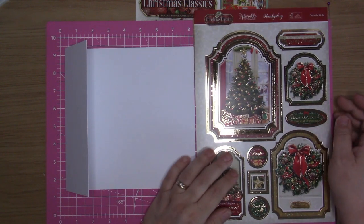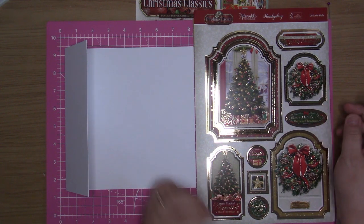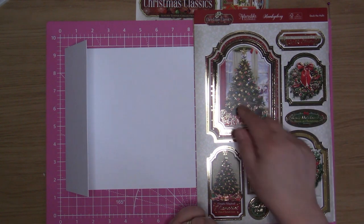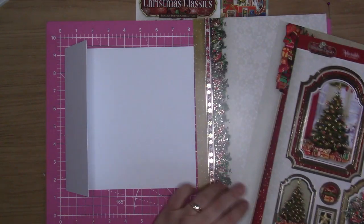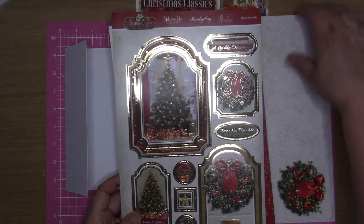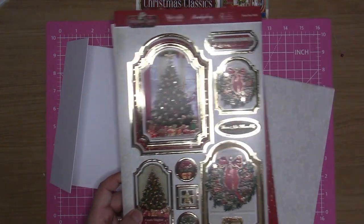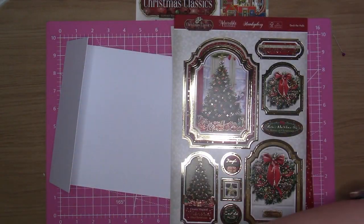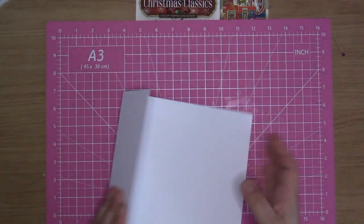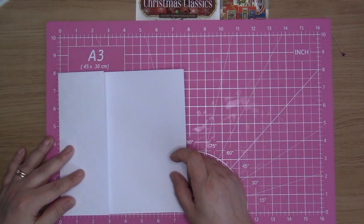So today I'm coming back, as I said in my last video, with the Christmas classic. This time I'm going with the Deck the Halls, and I'm going to be using the Christmas tree on this one with the corresponding piece of card. I'm just going to move that one out of the way because I don't need that one until my next card. So I've already cut an A3 piece of